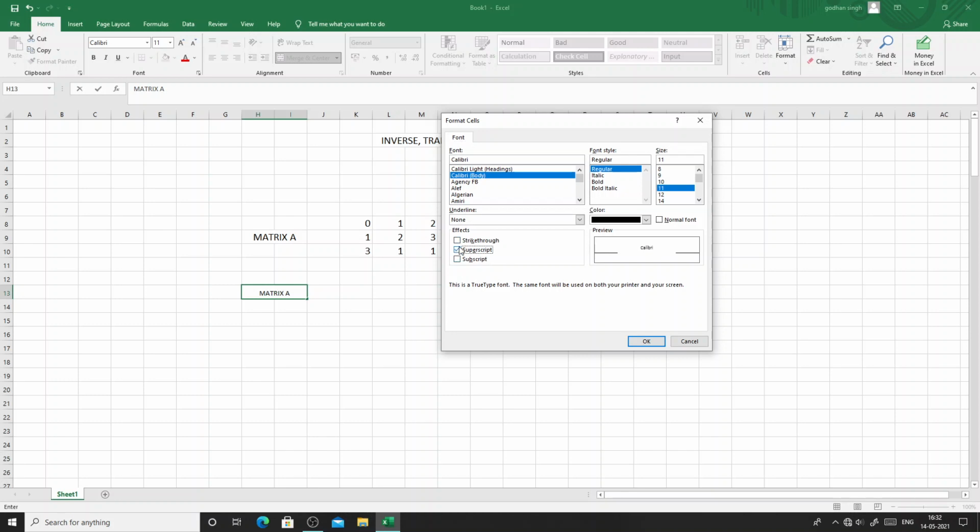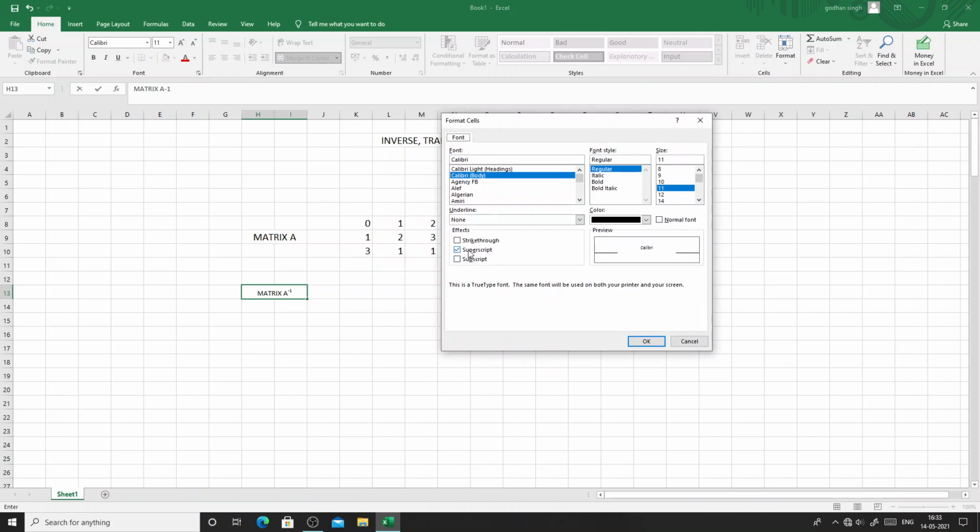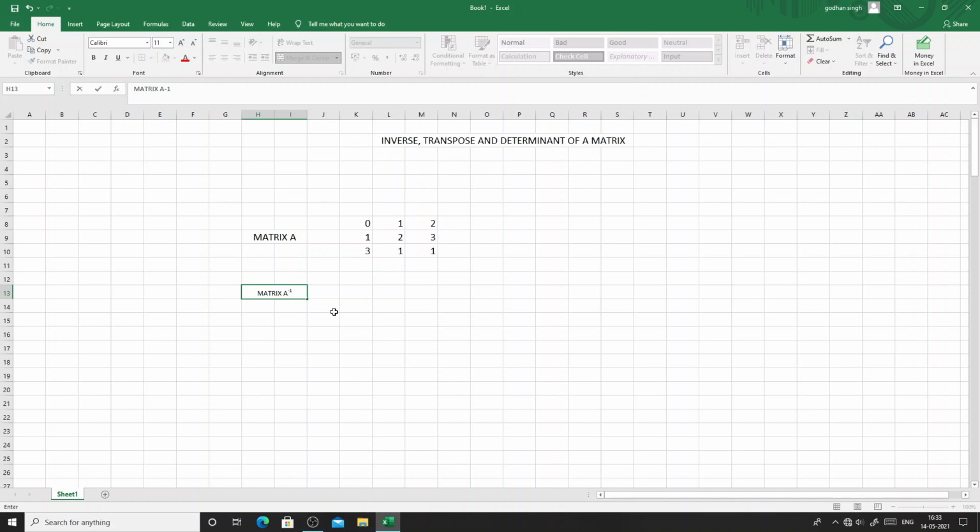So we will click on superscript and then OK, and then write here -1. Once that is over, then again click on this arrow and then tick off this superscript, then click on OK, and now this matrix A inverse we have written symbolically.